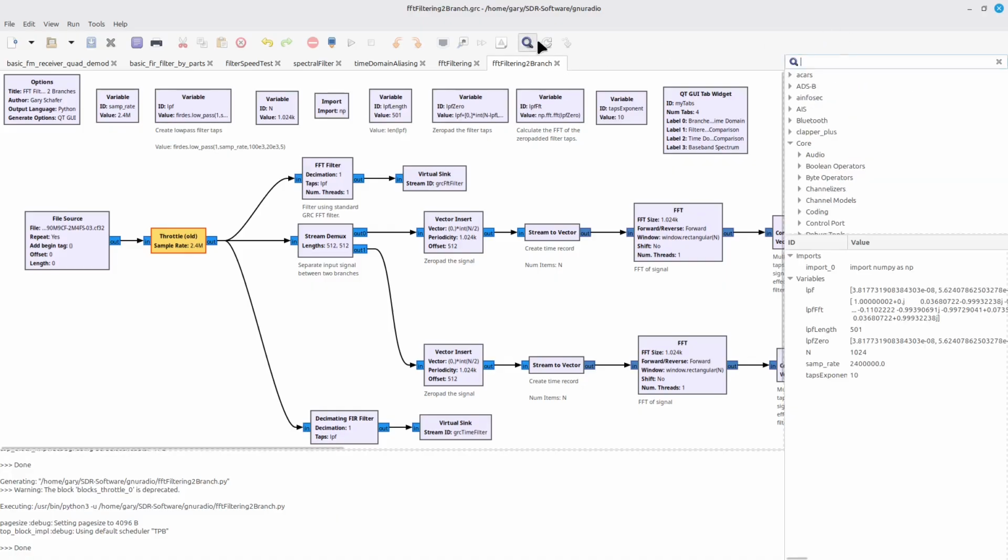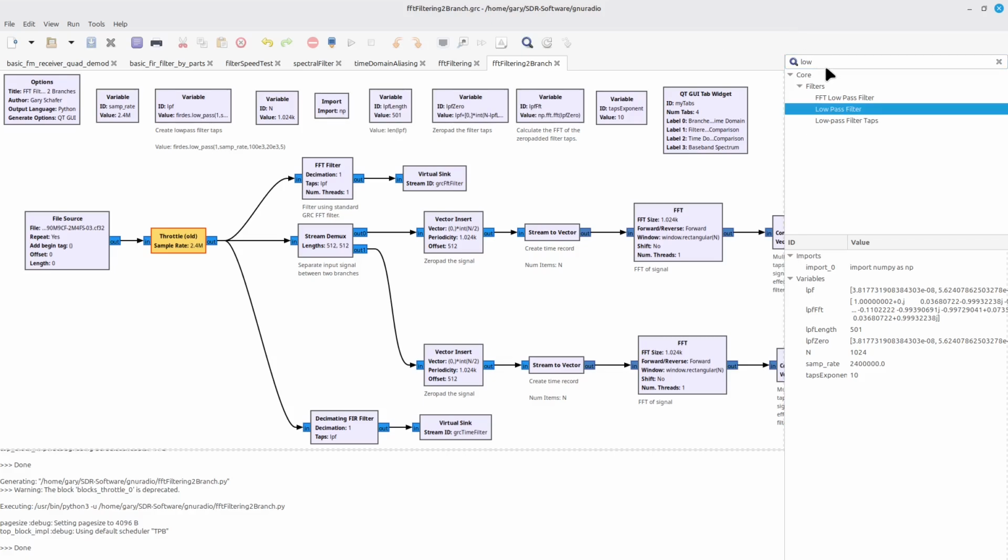Therefore, when you are looking to put in a filter, you might be just putting in a decimating FIR filter, or you might be putting in just a low pass filter, a high pass filter, or a band pass filter. Again, low pass, high pass, band pass is a separate part from how it is actually implemented. You can implement those either in the time domain or the frequency domain, because again, it has to do with the fact that convolution in the time domain is equivalent to multiplication in the frequency domain.